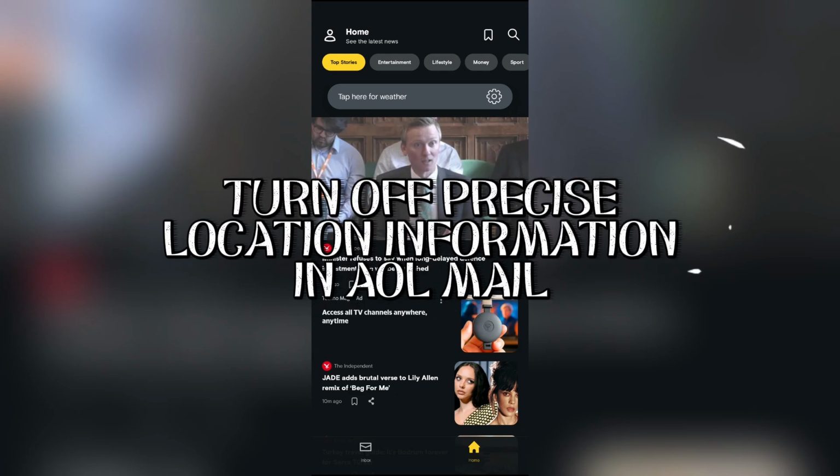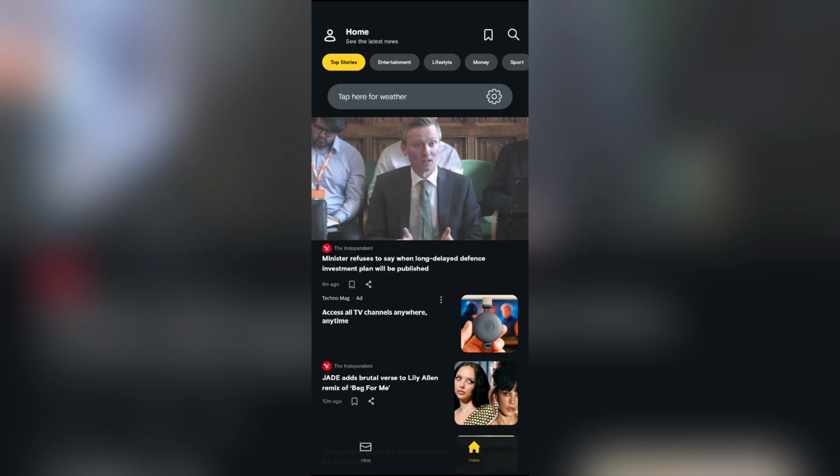How to disable precise location information in AOL mail account. Now, if you want to disable your precise location information, just simply open your AOL Mail app and tap to